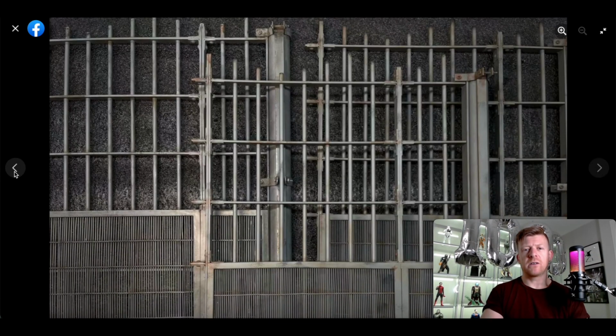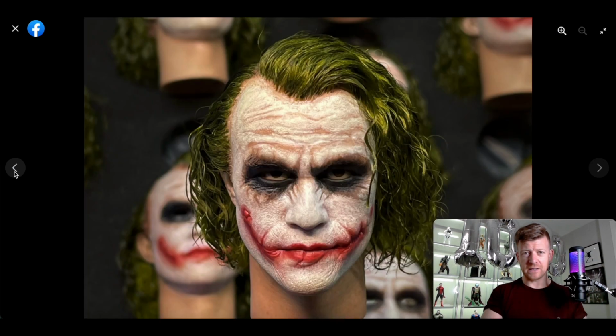So just flicking back through these, I feel a massive sigh of relief, because what I said from day one was, I'm getting this, I bought and paid for it. It is a risk because they haven't shown us any 1/6 scale figures. So I was fully aware that this could have turned out a disaster. However, I was 95% sure that they're not going to mess this up,